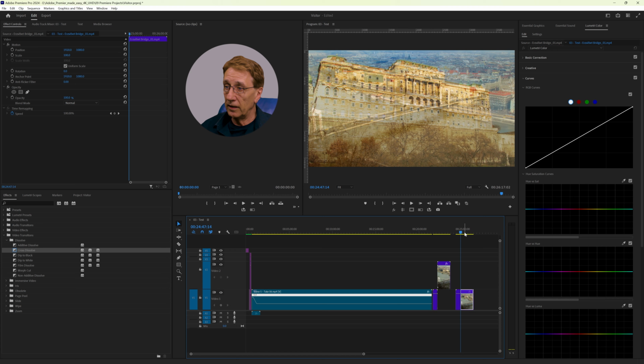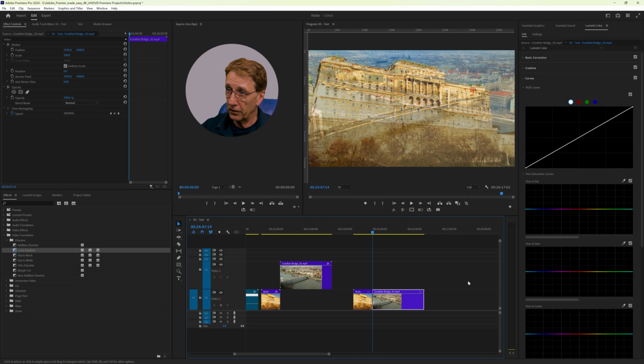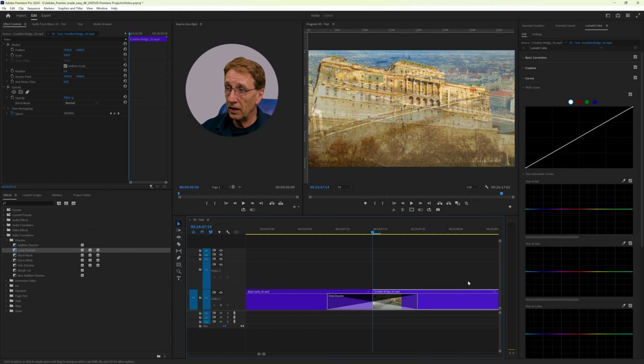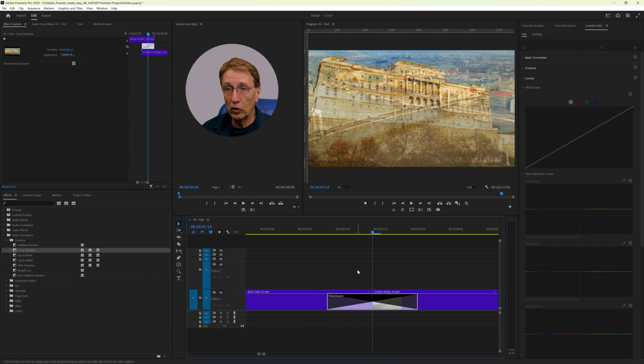Coming back to that effect we used, the cross dissolve, we could have also, instead of pulling it over, you remember there's a shortcut because it's within this blue marker that it is the default dissolve.